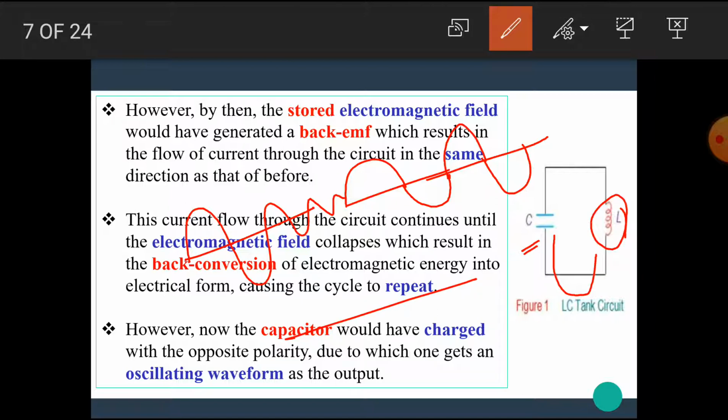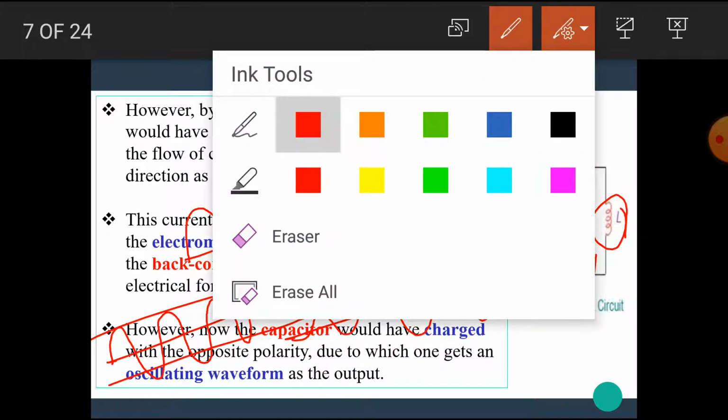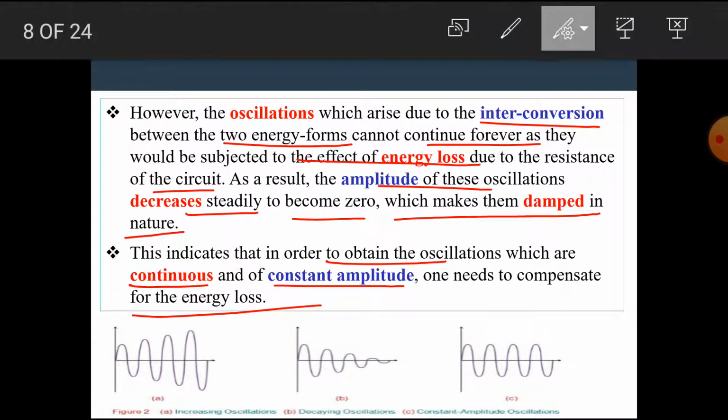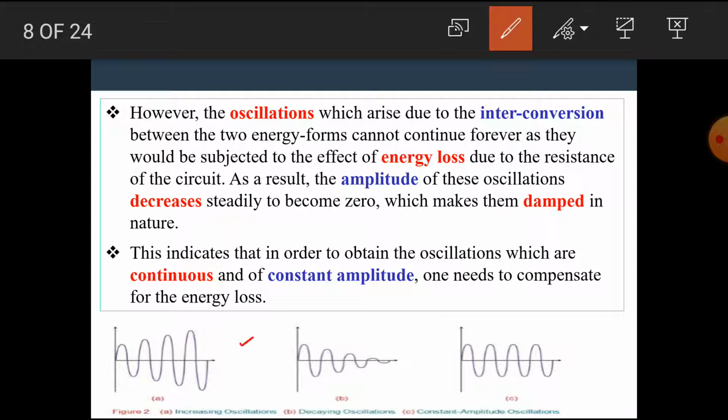Okay, if we get some gain factor, like an increasing gain, then we get this type of waveform. For that purpose we have to maintain a constant loss or a constant gain across the circuit to obtain this type of waveform. Okay, I hope you all understand this concept here. These three types of waveforms are shown here, in which this is the increasing type of waveform, this is the decaying type of waveform, and this is a constant amplitude waveform, and this waveform is used for the oscillation.